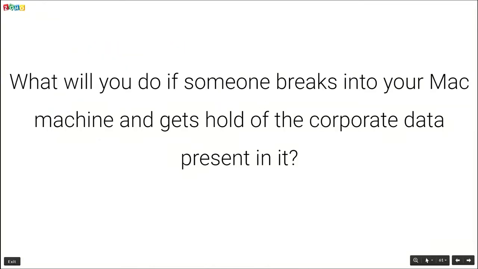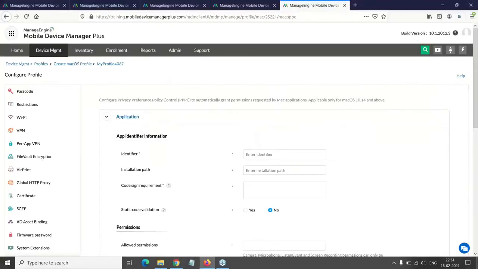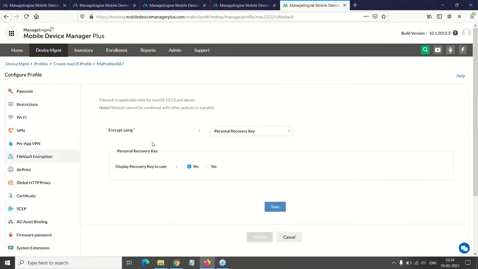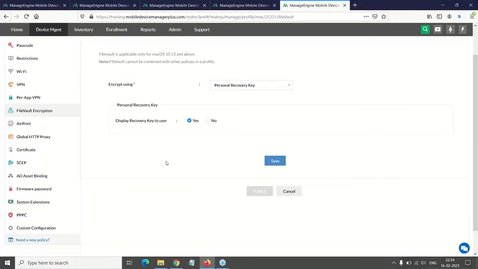As an IT administrator, a common question is what happens when someone breaks into the Mac machine that is managed by the organization and gets hold of the corporate data. This can be prevented via MDM by configuring FileVault encryption. FileVault encryption basically encrypts all the corporate data on the device using a personal key or an institutional-level recovery key.